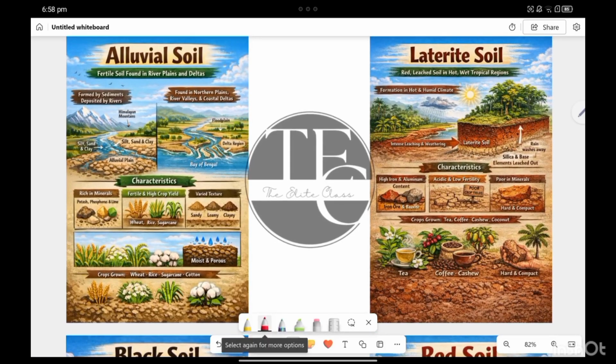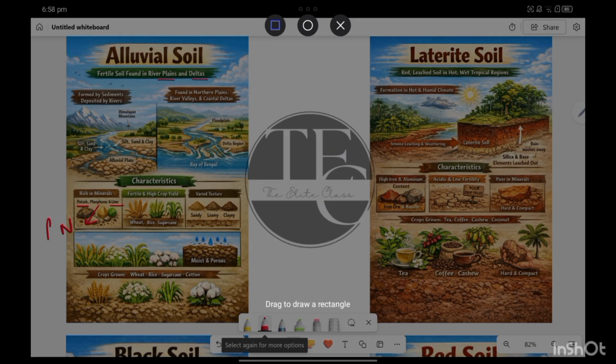Starting with the alluvial soil. This is the fertile soil found in the river plains and the deltas, and these are formed by sediment deposited by rivers brought by Himalayas. These types of soils are very rich in potash, they are rich in lime, and they are somewhat poor in phosphorus and nitrogen. The new type of alluvium they deposit is known as the khadar,